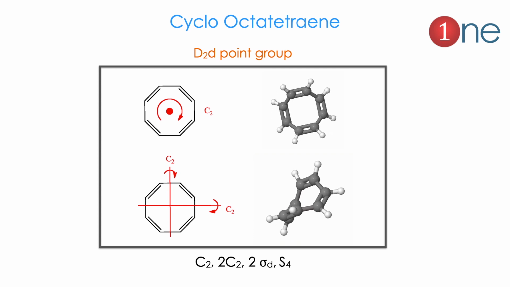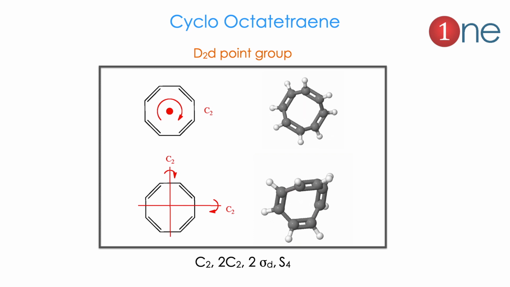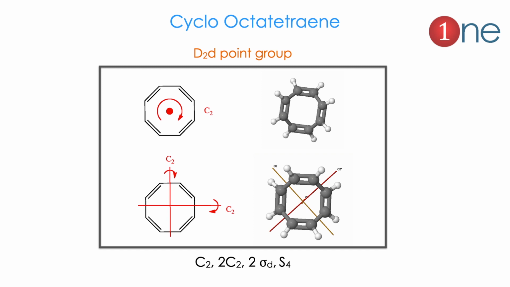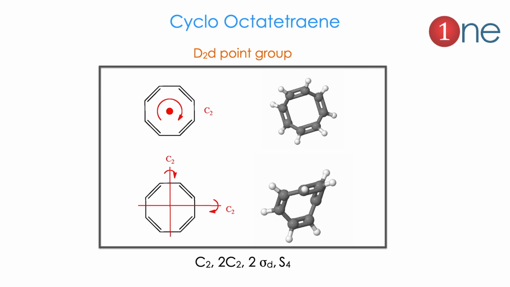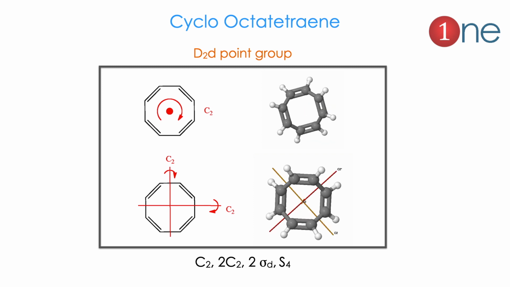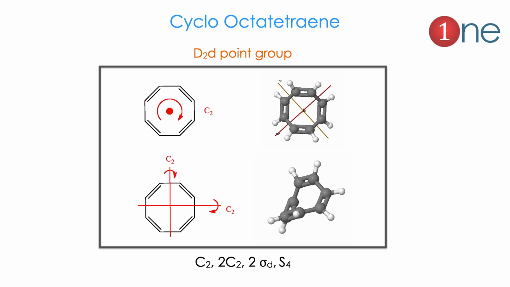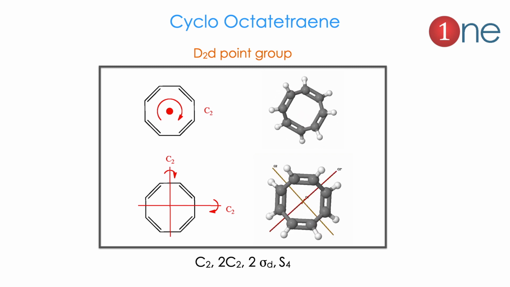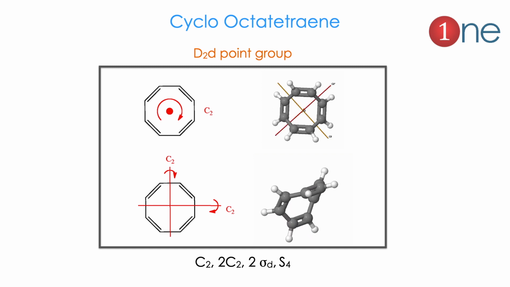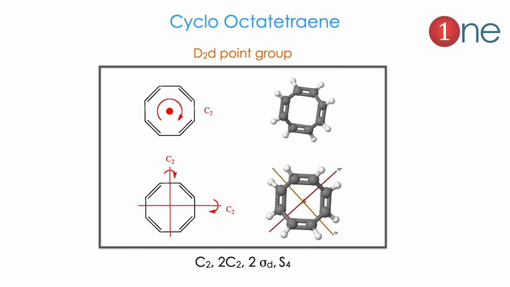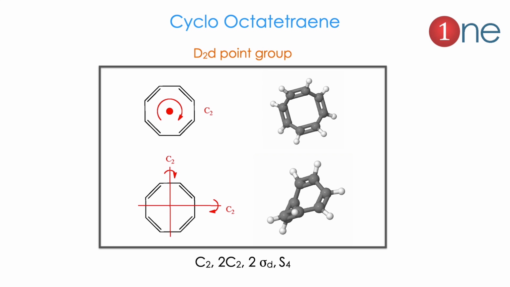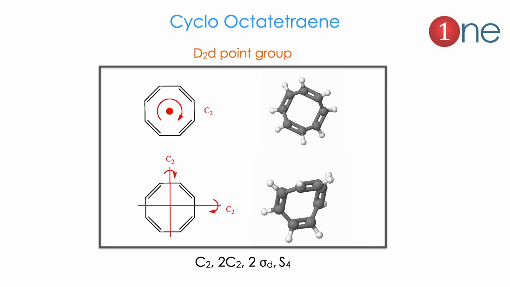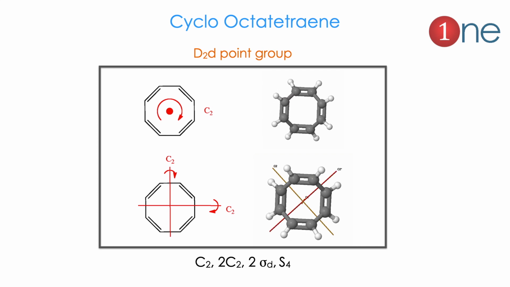Then you have another nC2 axes. So you have C2 symmetry and perpendicular dihedral planes, so it is called the D2d point group here. The point group: it has one principal C2 and 2 C2 axes perpendicular to that, and the planes of symmetry bisect. So it has 2 sigma d and 1 S4. So the point group of the molecule is D2d.